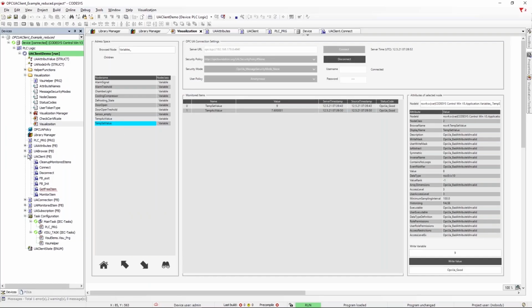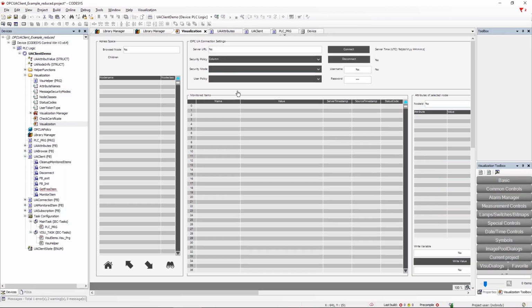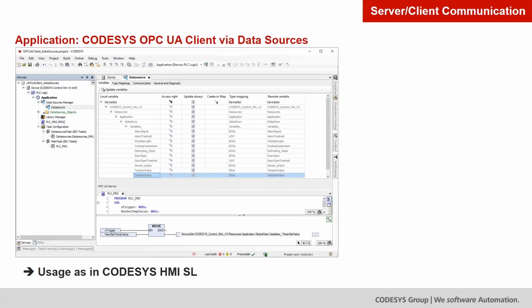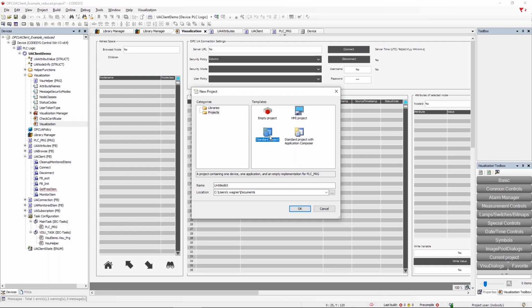Quite easy. However, the call is not that simple. Nevertheless, those of you who are familiar will easily realize such a communication out of the application. For those of you who are not, don't worry, because there's a different and much easier way, and it's just almost the same way as doing it with the CODESYS HMI SL with the visualization. We just take a new project here and we will work with